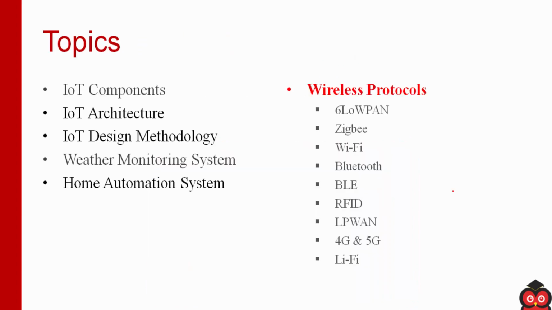Okay, so that's it about this IoT design methodology. So we have discussed IoT design methodology using home automation system. And weather monitoring system is left as an exercise to you. The material will be provided. So using that material, you can study about this weather monitoring system. So for weather monitoring system, we will have different sensors like temperature sensor, humidity sensor, and all these things. So number of sensors will increase, and the diagrams will be also a little bit complex. Okay, so it is left to you as a task.